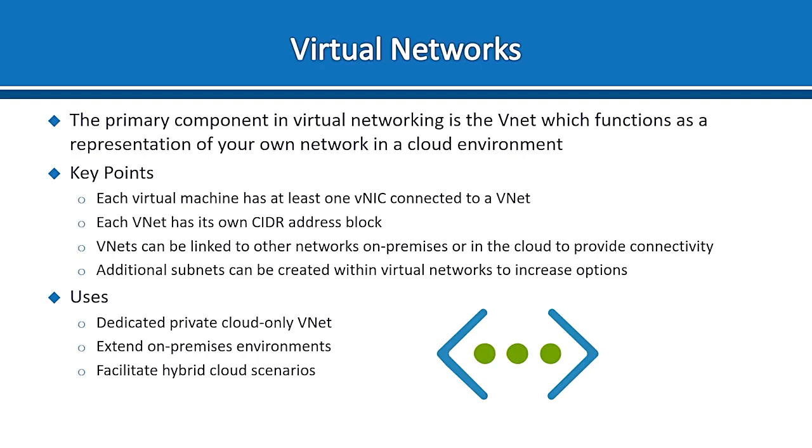One would be a dedicated private cloud-only VNet. And I think I've probably mentioned all of these. That would just be, okay, you don't require any communication with an on-premise network. Typically, when organizations start out using Azure, they don't have a private cloud-only VNet because they do have some sort of hybrid cloud scenario, or they're extending their on-premise environment with a site-to-site VPN, and that may be just to